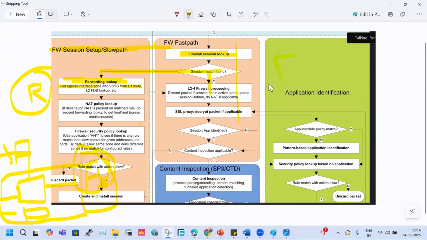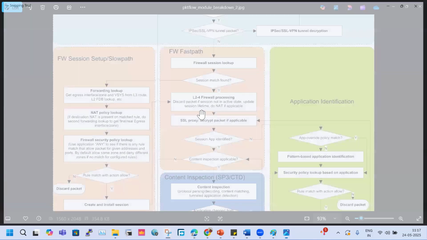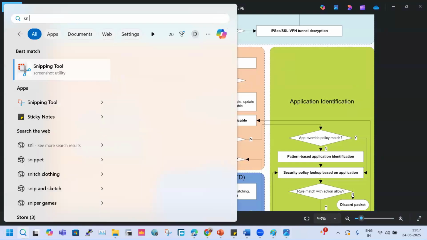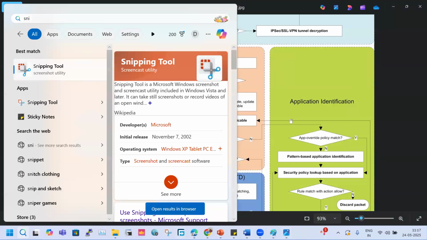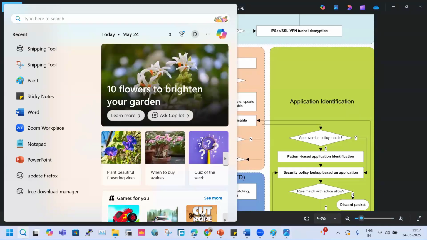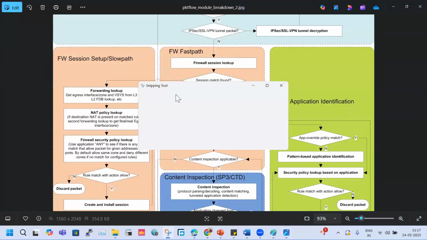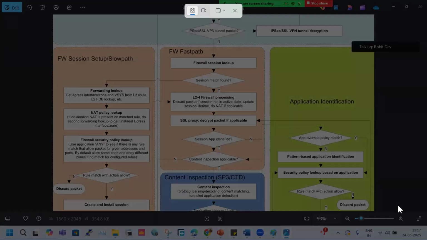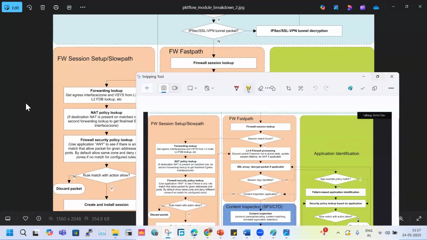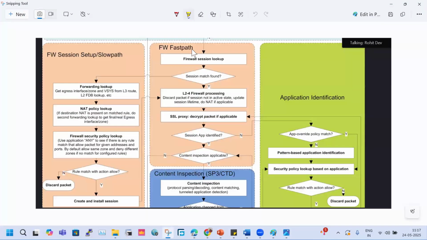Now, suppose this user created a session, say one month or three months ago. We should check whether the first part is available or not. If the session is cleared, then the slow path will be preferred, and it will be a new connection for the firewall. Okay. If the session is cleared, then for how much time is it going to sustain the session?